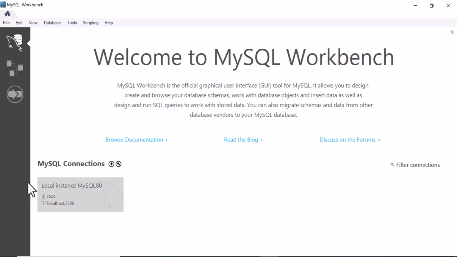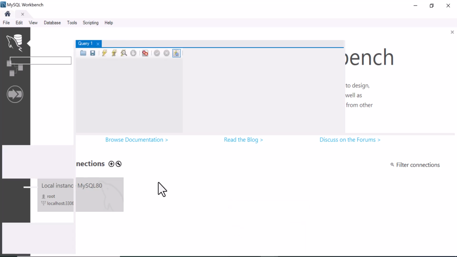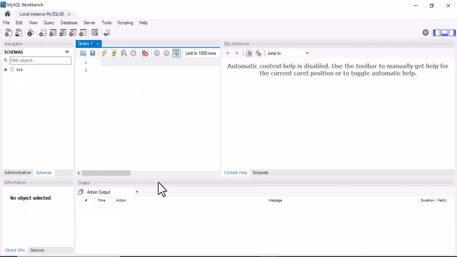Once it's open, you see the connections that you have created. So we created this connection. This is a local instance that we'll be making reference to. So double click. Okay, so this is the environment. If you look at it, we have a different environment, and we'll be using